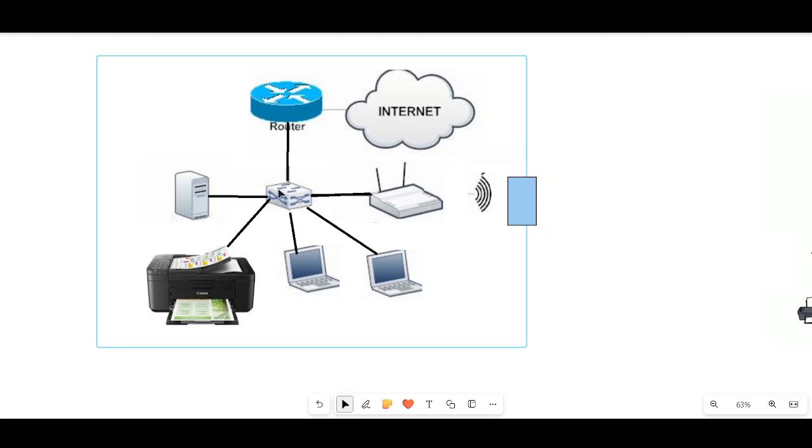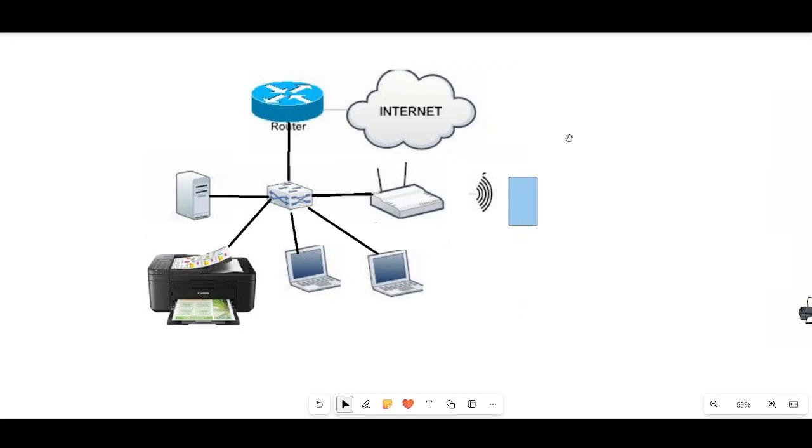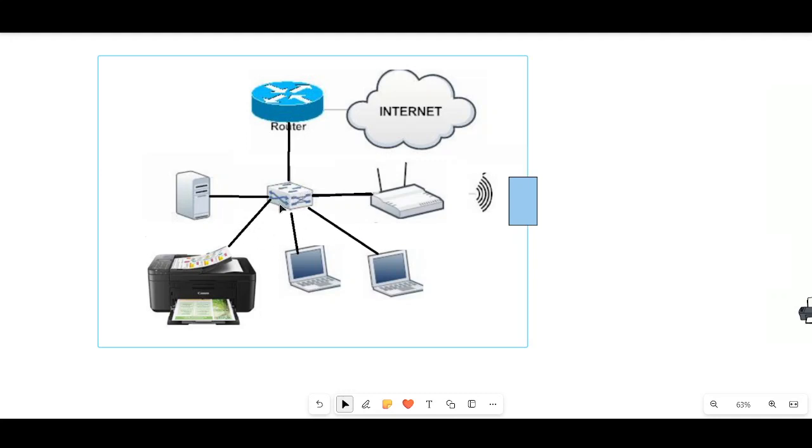If you have a common understanding, a switch connects more devices, more endpoints, more networking devices. Here printer, server, access point, laptop. Then you can connect because you have a small network. Suppose you have 1 to 10, then you can connect with a switch because a switch has many ports and is able to connect these devices.